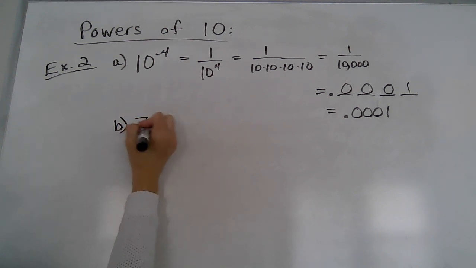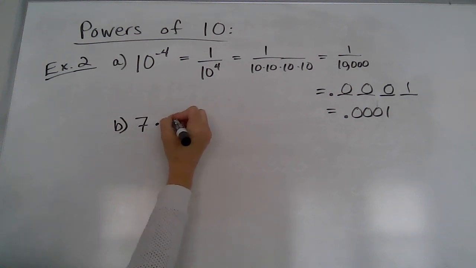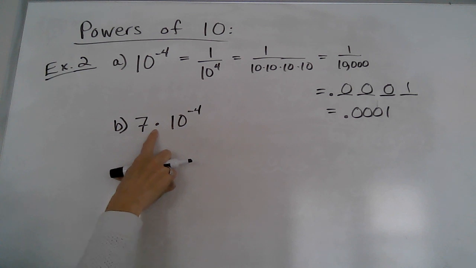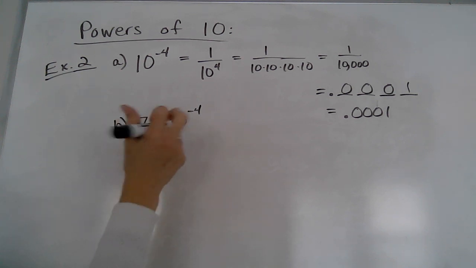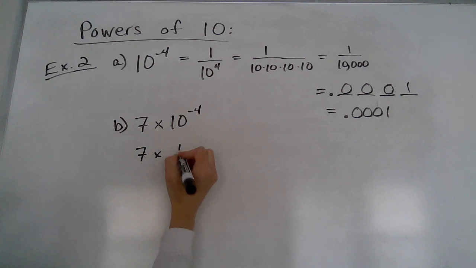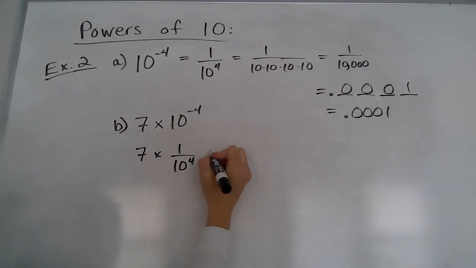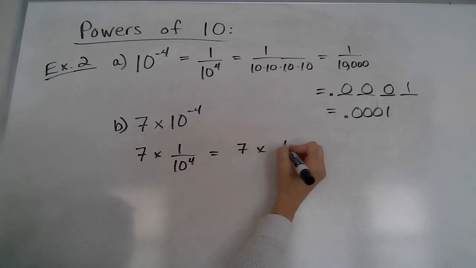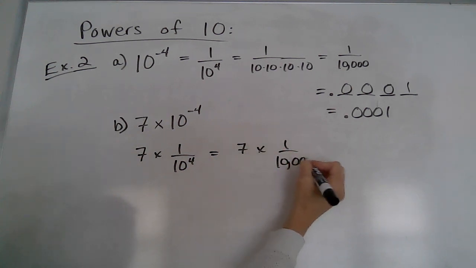Let's go ahead and look at an example, again with the negative exponent, just to put another perspective to it. If we have 7 times 10 to the negative 4, and oftentimes they won't use a dot. I've seen both, but more often with scientific notation, they use the X to show multiplication. So just be prepared for both. This is like saying we're going to take 7 and multiply it with 1 over 10 to the fourth, which we already know. That's going to be 7 times 1/10,000th,